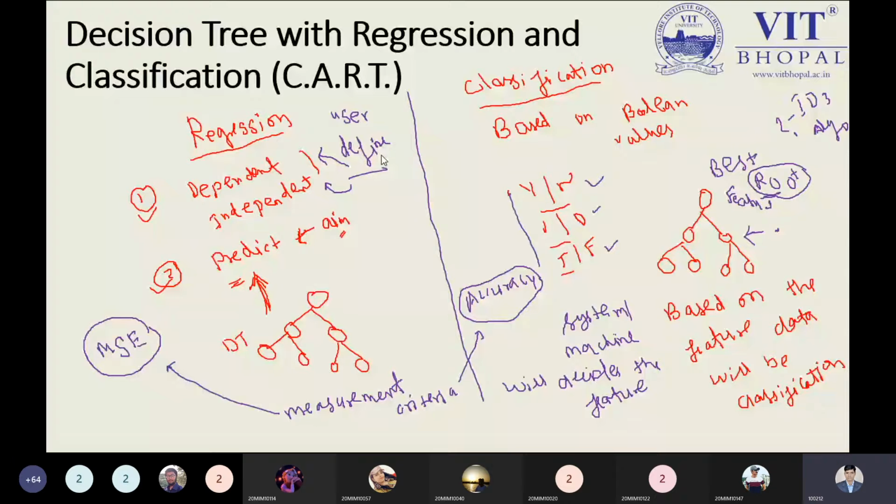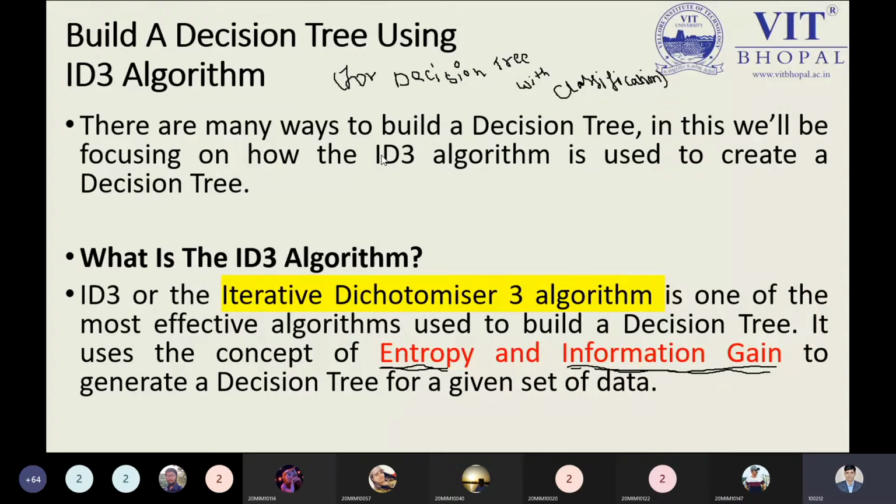Now we come to our important point, building a decision tree. If I am speaking about building a decision tree, what is the algorithm by which we can create it? We can say building a decision tree by using the ID3 algorithm. This ID3 algorithm is especially used for decision tree classification. So that is why we have the ID3 algorithm. As per our syllabus, I am not touching the other algorithms, only the algorithms mentioned in our syllabus. So we can build a decision tree using the ID3 algorithm, and this is especially used for classification.